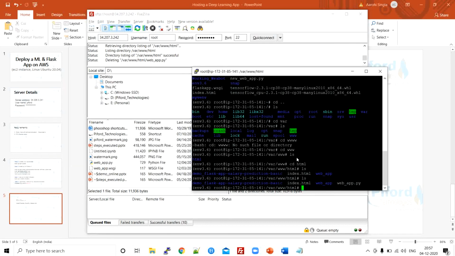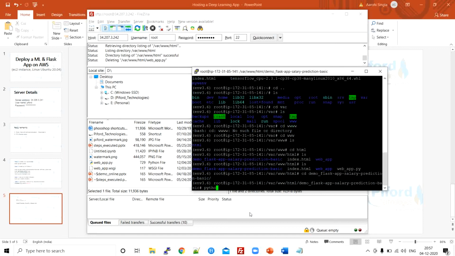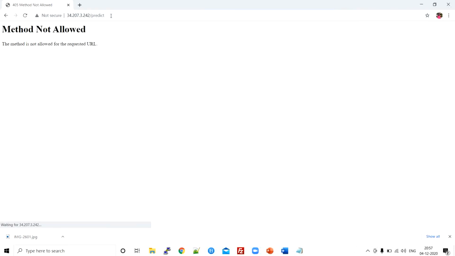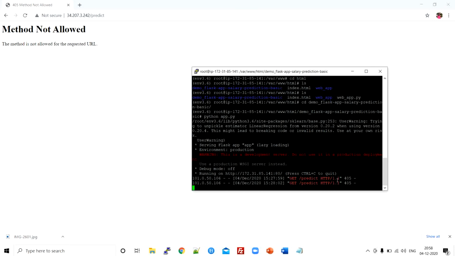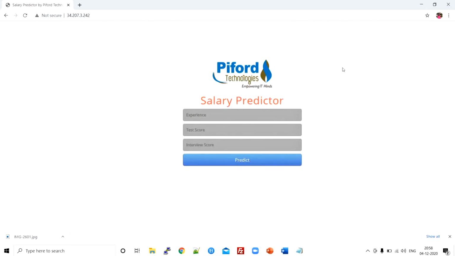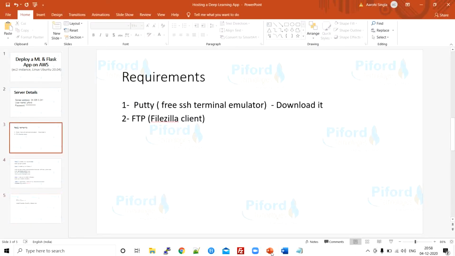All right. Now let's enter this demo Flask application and just write python app.py, as we write to run your Flask application. So my application is running. So let's see the browser, and here it is predicting. Okay, let me see what happened. Okay, it is showing some error. Okay, fine. We need to write the IP only. So this is showing our application. So guys, this is how you can upload your application on a server.